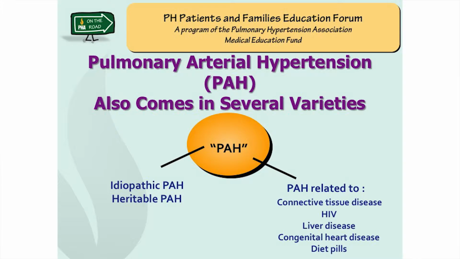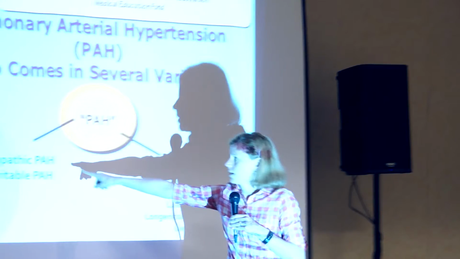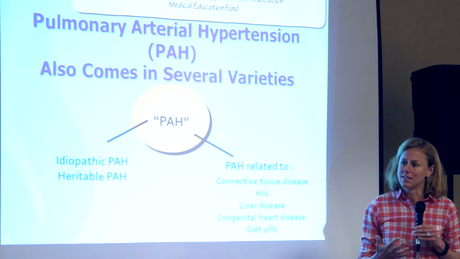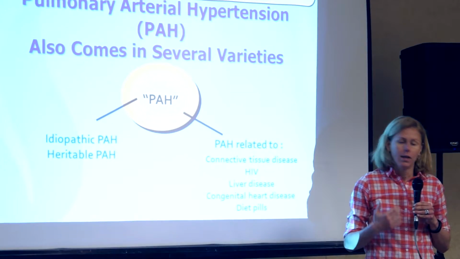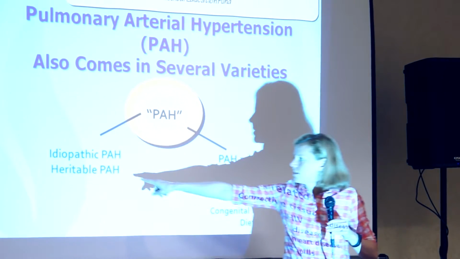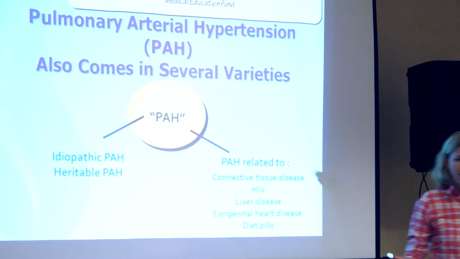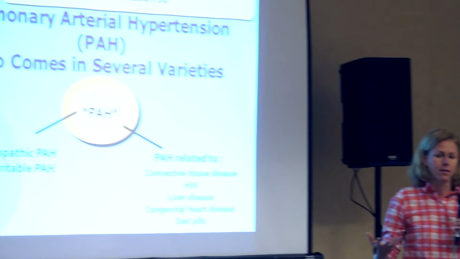So pulmonary arterial hypertension by itself has also several different things that can cause it. Sometimes it's idiopathic, which means that we as doctors have no idea what has caused this. It's a really fancy word to say, I just don't know. Sometimes it's heritable, so it runs in families. So there are families who have many affected members who have pulmonary arterial hypertension, and then we call it heritable